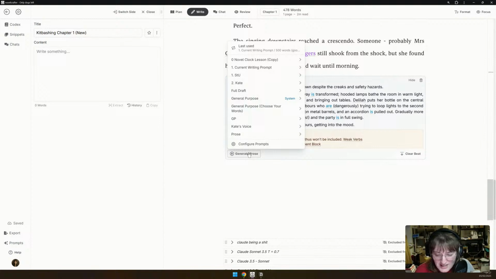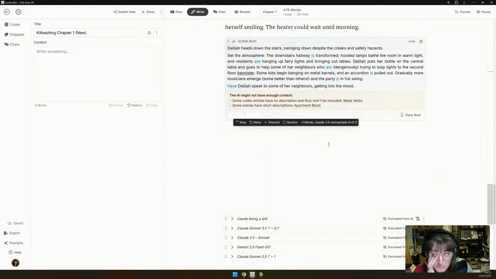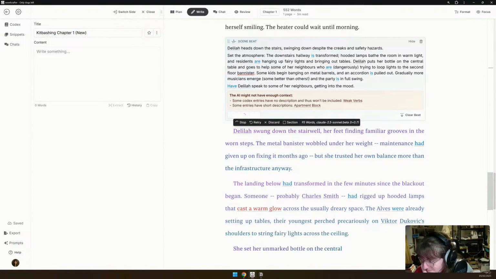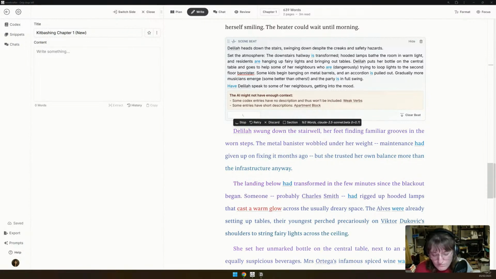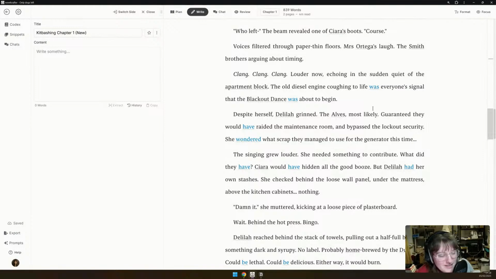Okay, let's see if Sonnet is playing ball now. Current writing. Oh, I was going to do Kate's voice, wasn't I? Okay, let's see how this goes now. Now we've got this and it's trying to mimic the style.